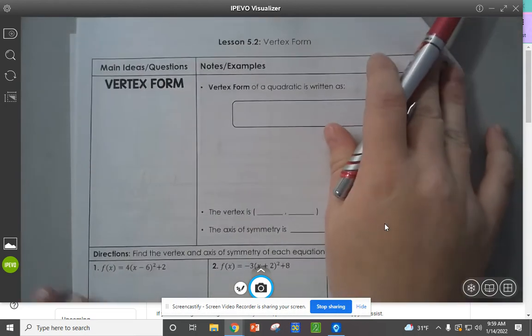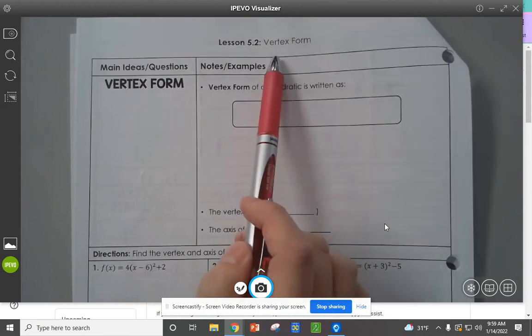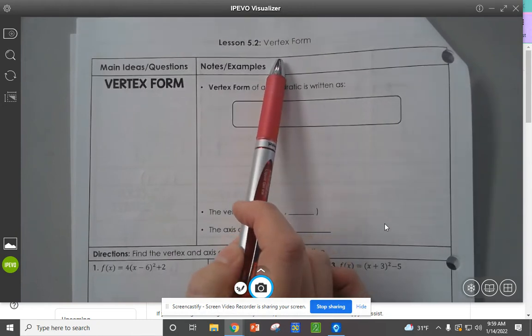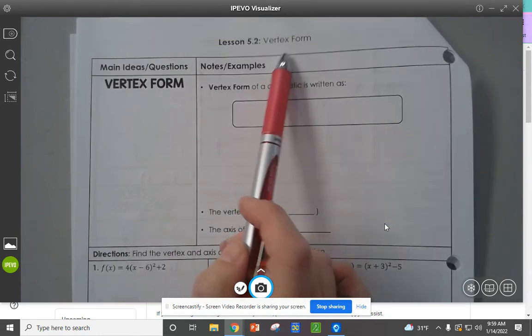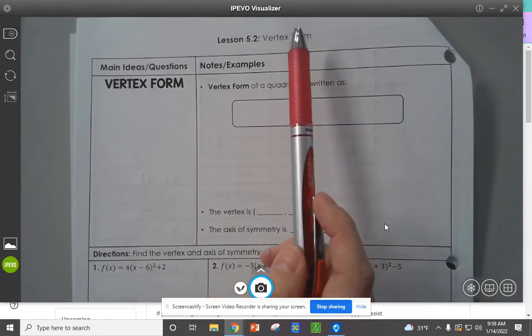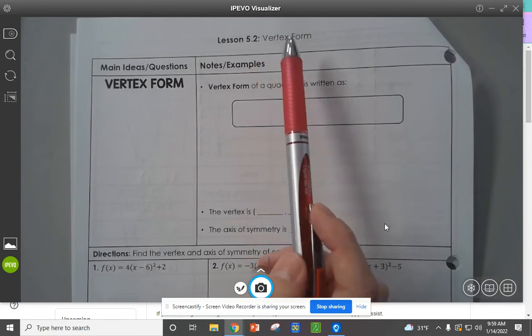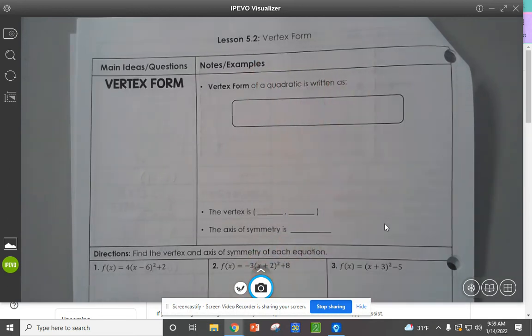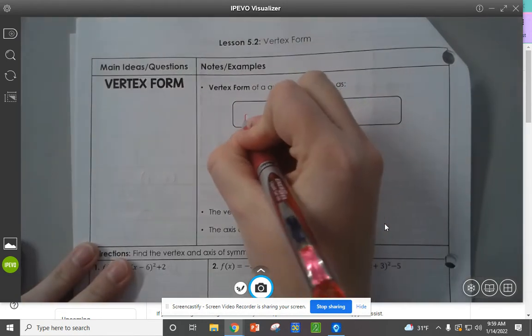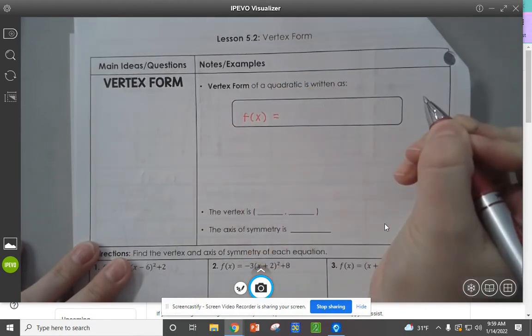So the first way that you'll see these quadratic equations is what we call vertex form. This form makes it extremely easy to identify the vertex. You don't have to do any math, no calculations whatsoever. All you have to do is look at the equation. And so this form, we write f of x equals